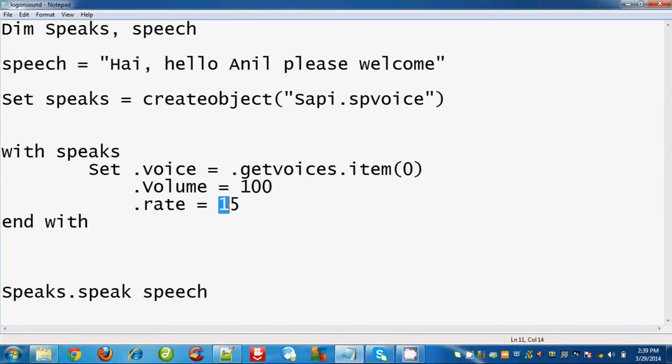If I give a positive number, greater than 0, then if the rate is a positive number, the speed gets increased. If it's 0, it is called neutral speed, normal speed. And if we give a negative value, then the speed rate gets slower. So in case we give it as minus 15, and we save this one,